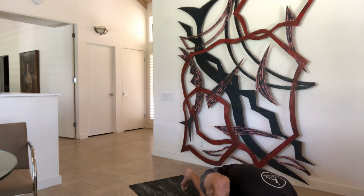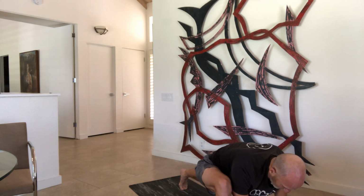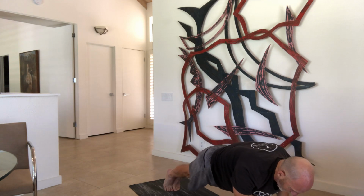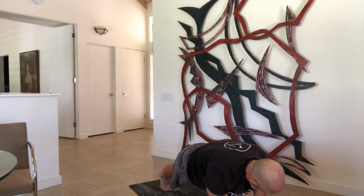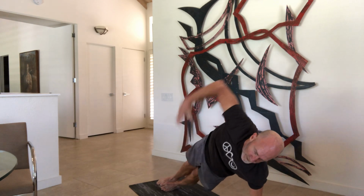Beautiful. Now as I inhale, I'm going to bring my palms onto the mat underneath the shoulders. Step up, take that front foot, step it back into plank. I'm going to bring both my feet together in this version of plank. I'm going to bring my left hand to the center of my mat, and I'm going to actually shift forward to make sure that all the joints in my arms line up. And then I'm going to open myself into side plank,